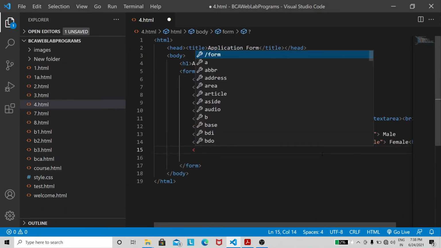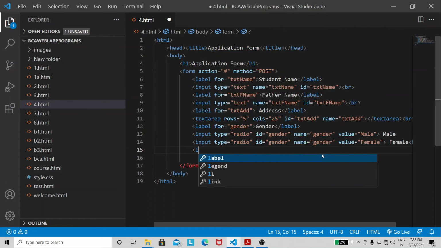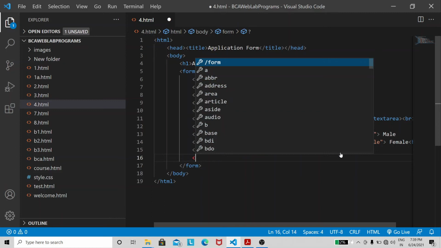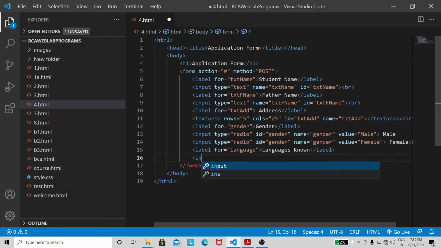Now we are going to collect the languages known input. Label for language known. Here the user can choose more than one option, so we have to use the checkbox.